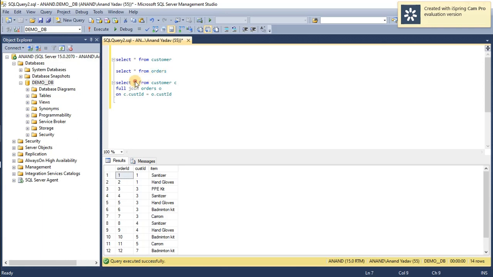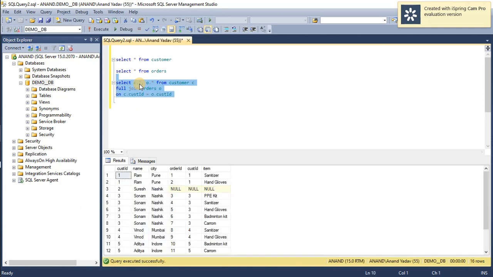Before that, I wanted to quickly provide all field names from both tables, so I just put the star here. That is sufficient. So let me fire this query.